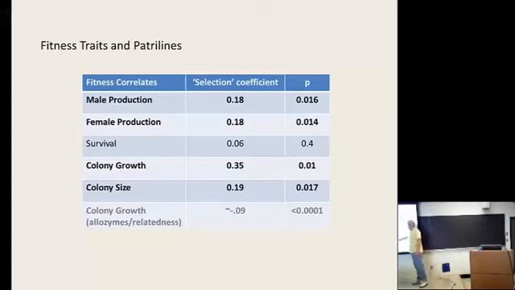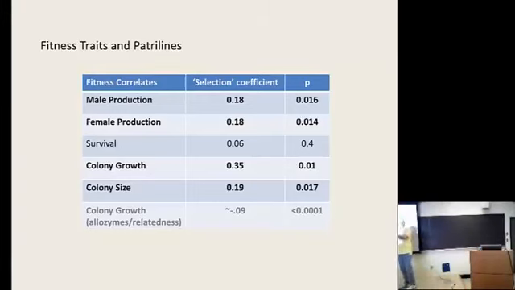Other years it's not so significant. But overall, it's a highly significant relationship between relatedness in a colony and colony growth. Negative relationship. Okay, when you combine probabilities across all of the years, it's really a robust relationship between colony growth and colony relatedness. You can't talk about it as a selection coefficient here because there's no linear relationship between relatedness and patriline number. So it's a little harder to interpret.